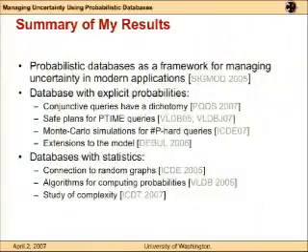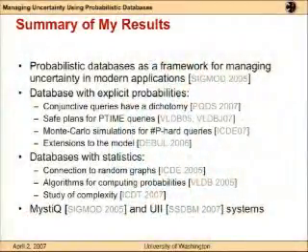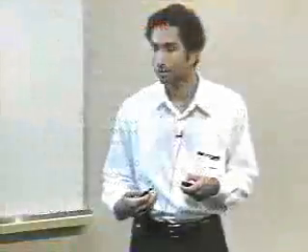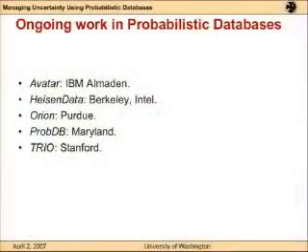And then we considered several extensions to the model to handle correlations. I also looked at statistics, where we found very interesting connections to random graphs, and we found some new results on the existence of computing probabilities and the complexities for computing them. And then we built systems, Mystiq and Trio. So now there is lots of excitement in the community about probabilistic databases, and these are some of the projects currently going on in various research groups that look at probabilistic data.